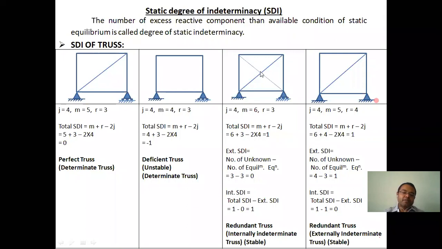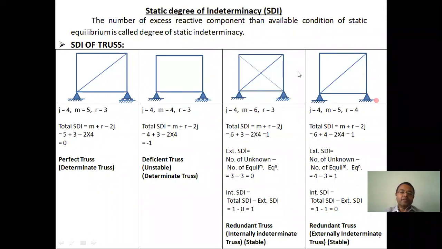So some students can also call this a 5-joint truss. If a student considers this a joint, it means considering this member and this member separate. That means if you consider the number of joints as 5, then the number of members will be 1, 2, 3, 4, that is peripheral 4 members and inside 4 members. So the number of members will be 8. If you consider 5 joints, then the number of members will be 8.